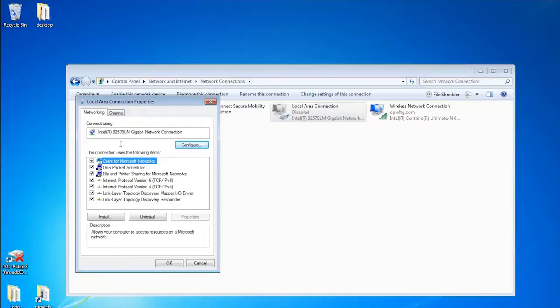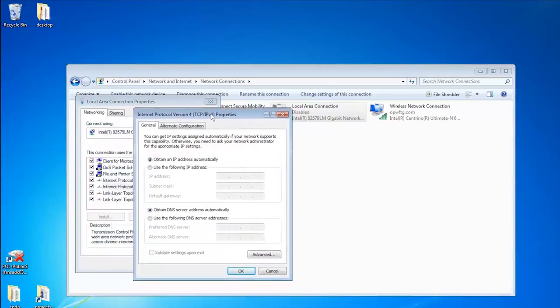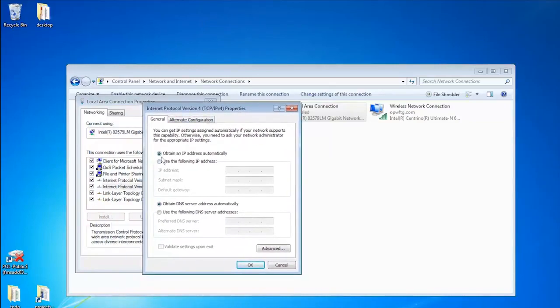and then in the Properties dialog we are looking for the Internet Protocol version 4. If you click on it and select Properties again, in this dialog box right here, we decide whether we're going to obtain an IP automatically or use a static. So if we select use the following IP address because we're going to connect using a crossover cable, we would punch in an IP address that is one number off from the IP address